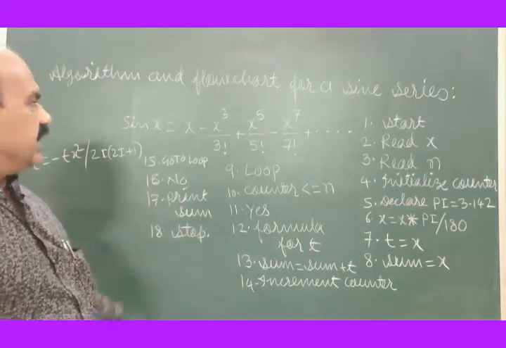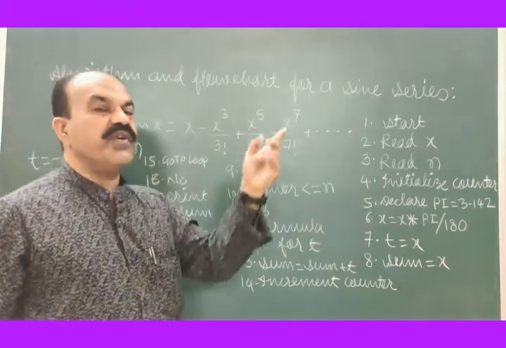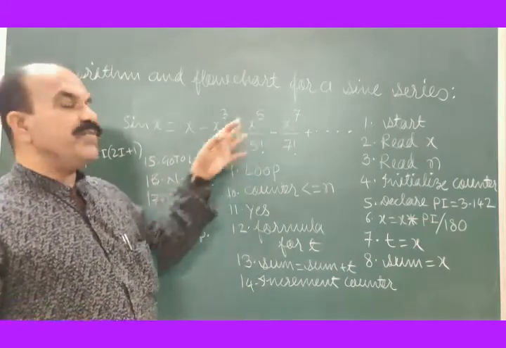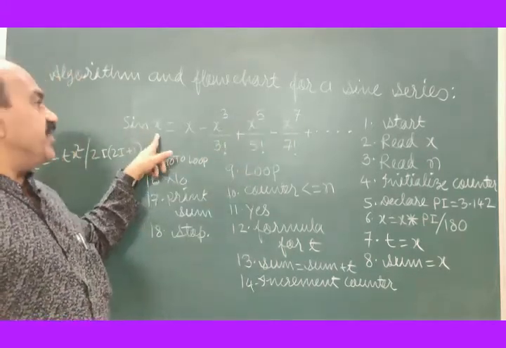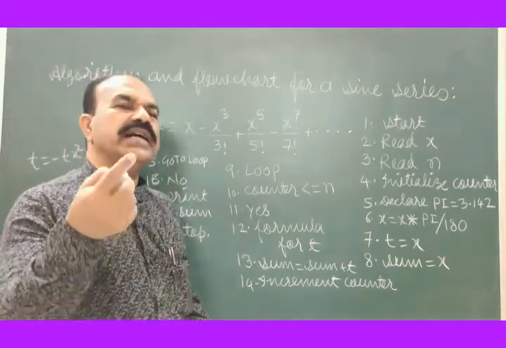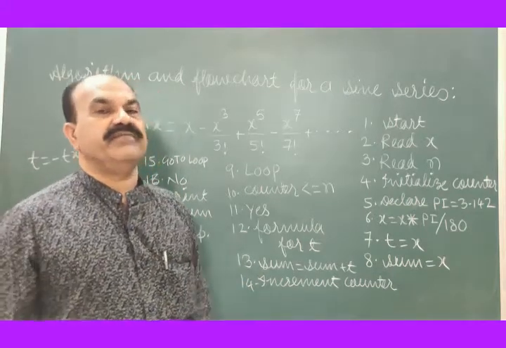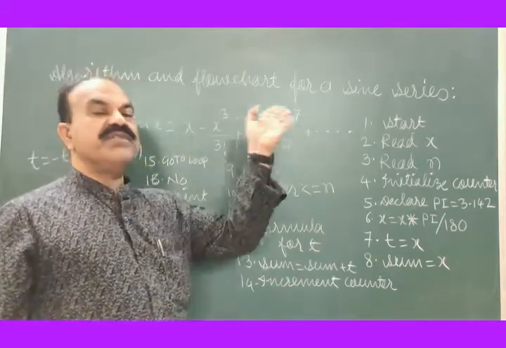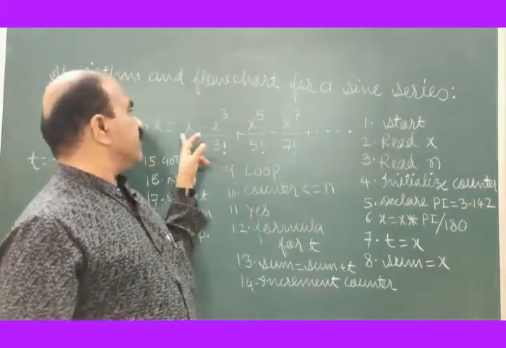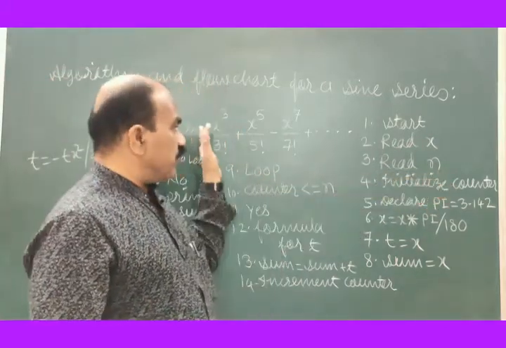Let me repeat. I have told this is the sine series. We have to use this formula for finding sum of all these terms so that we will get sine x. This x should be in radian. We shall input x in degrees. That will be converted by the program into radian so that these terms get added. Read x, the argument, read n, total number of terms,